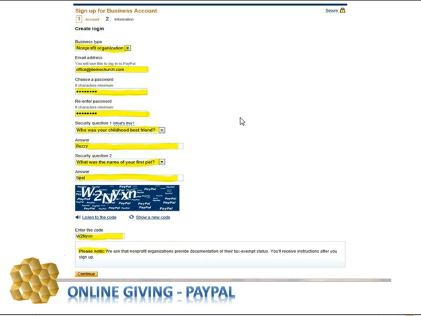Let's go ahead and fill them out quickly. And here you see the business type. You have to select a nonprofit organization. They list several different business types. This is the one you'll need to select if you are indeed going to apply for the cheaper transaction rates